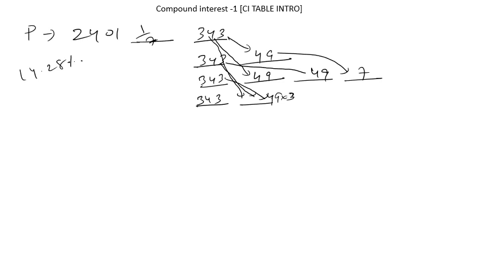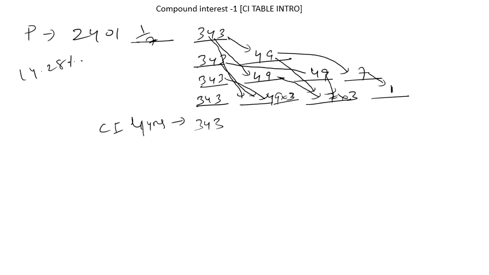Again 1 by 7 of 49, 1 by 7 of 49, 1 by 7 of 49, that is 7 each, and 3 times, so 7 into 3. You can write it separately doing the box, but I am just doing it to save the space. Again 1 by 7 of this is 1. So if I ask you to find the compound interest of 4 years on the principal 2401 at 14.28% rate, so the answer will be CI 4 years, that will be